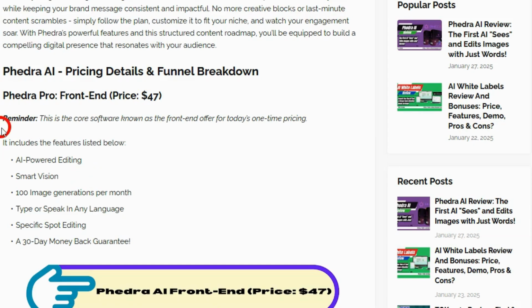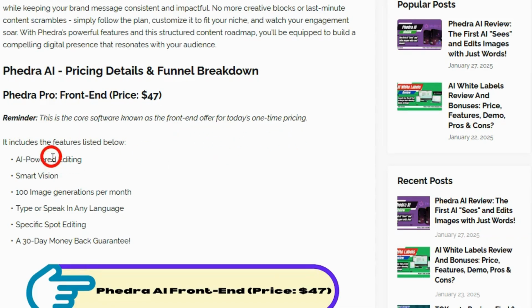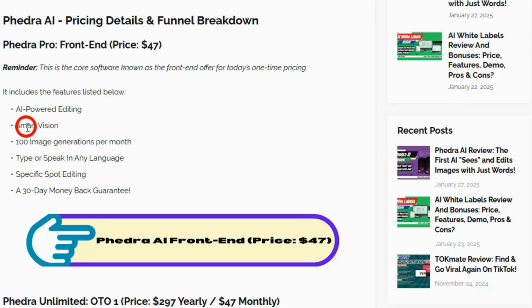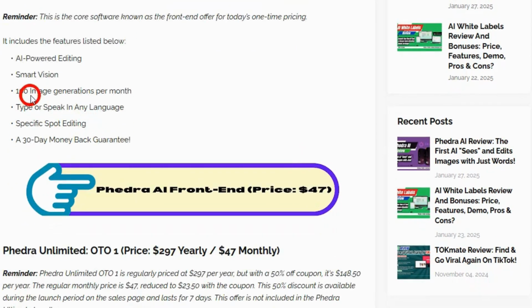Now, let's talk about Phedra AI, OTOs, and the bundle deal, to give you an overview of what you will get with each upgrade. Phedra Pro, front end, price, $47. Reminder, this is the core software known as the front-end offer for today's one-time pricing. It includes the features listed below. AI-powered editing, smart vision, 100 image generations per month, type or speak in any language, specific spot editing, a 30-day